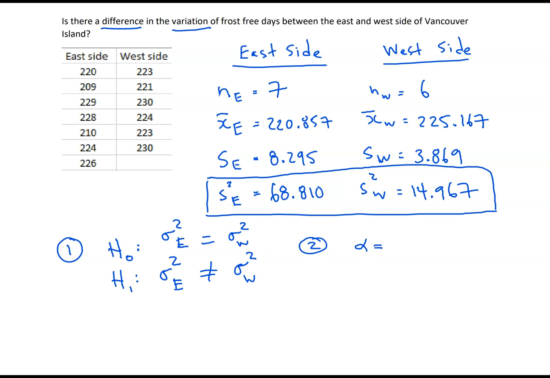Step 2 is coming up with your level of significance. So alpha, there's no indication in the question, so remember our assumption is 0.05. And then we decide whether we're running a one-tailed test or a two-tailed test. So difference is a two-tail, so this is in two tails. So we are going to have to think about whether we do it by hand or whether we do it in Excel, adjusting our alpha as appropriate. So alpha is 0.025 in each tail. And Excel does run a one-tailed test as well, so we are going to have to put in that 0.025